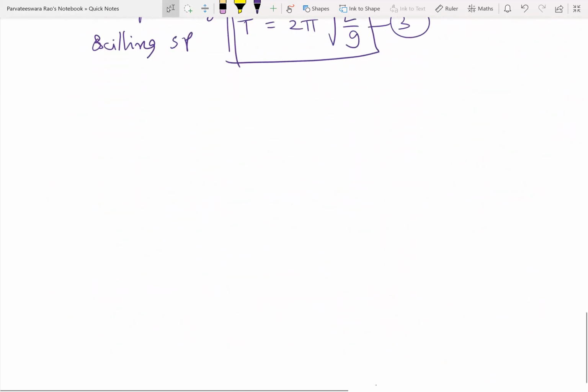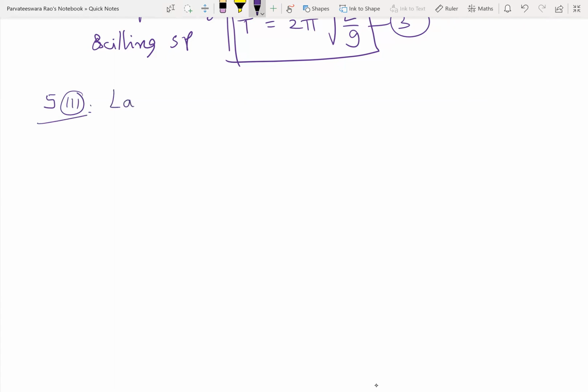Next. This is very, very important for solving problems. 5.3. Laws of simple pendulum. So we got the formula for time period of pendulum as 2 pi root of L by g, correct? Yes, sir. So first law,